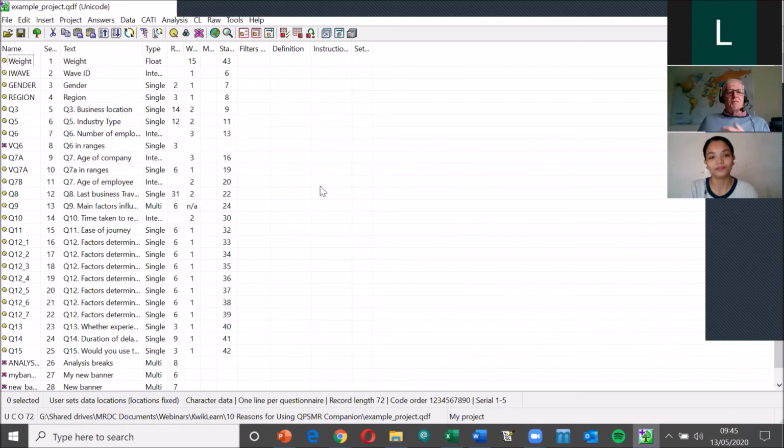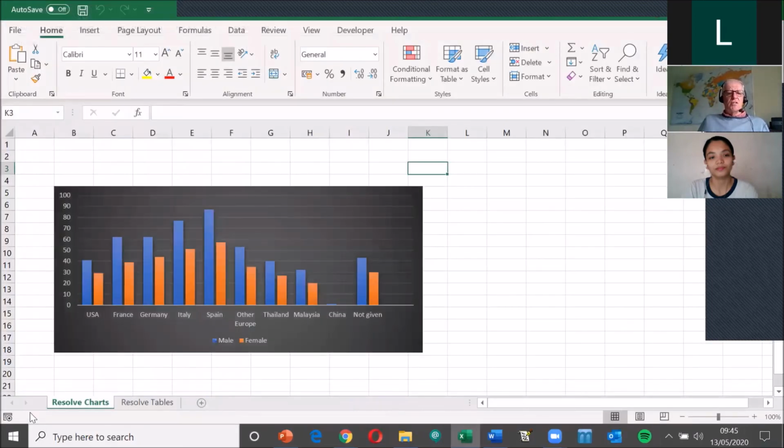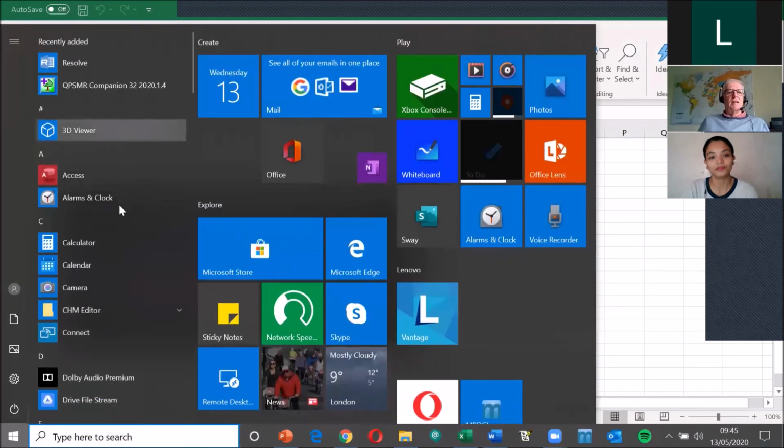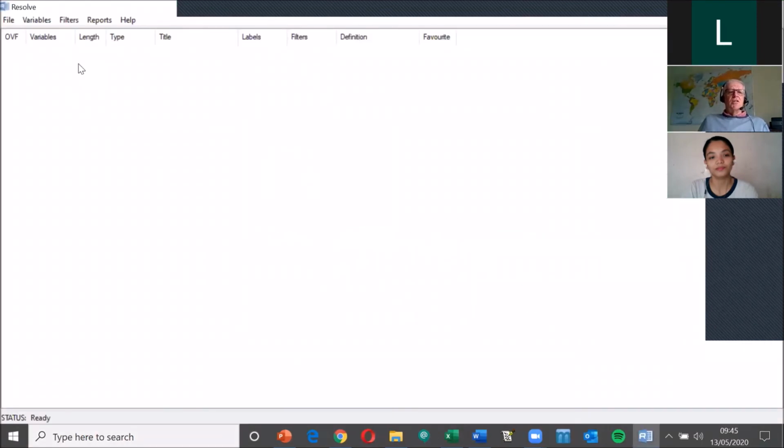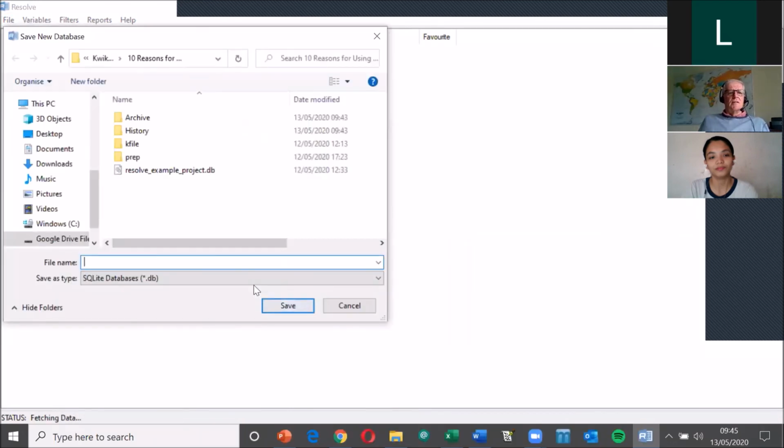All right, so I've given you a very quick tour of the new QPSMR Companion. I'm just going to give you a very quick introduction to Resolve. This is only the base version I'm giving you an introduction to here. Now I know some people have seen this, but this is the new free version that's available, and I'm just going to open up a new project here,